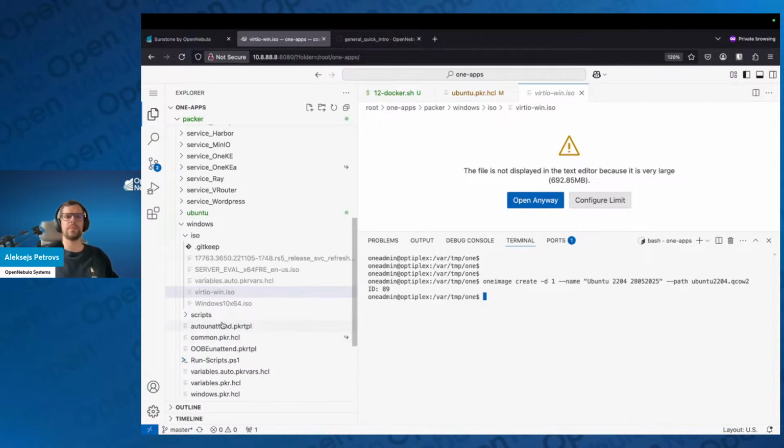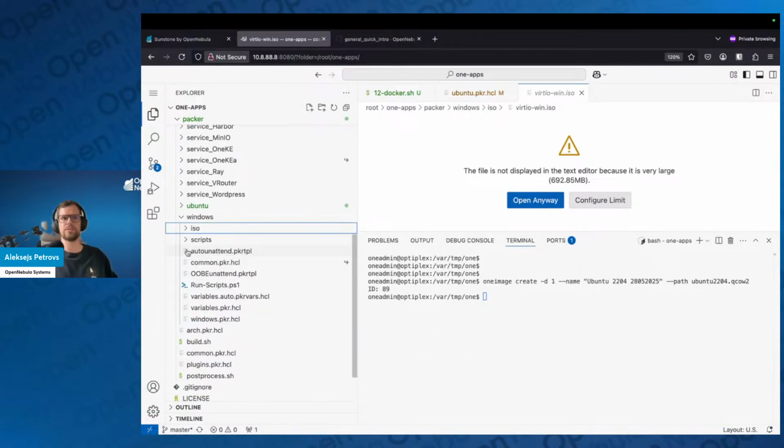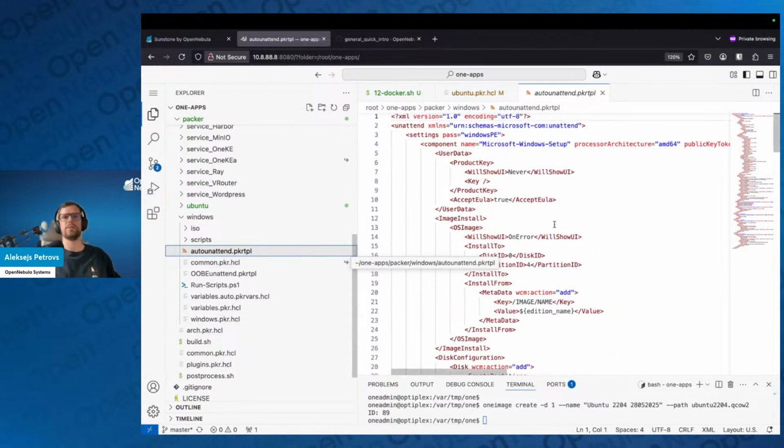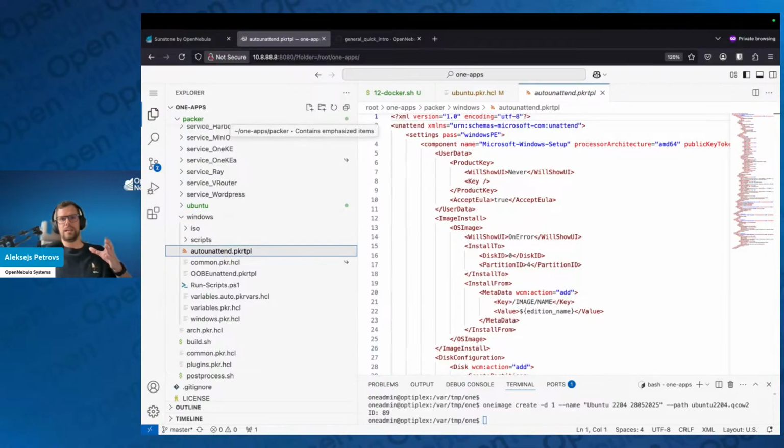And then there is a small trick that I would like to tell you about, and you can find it under the auto unattend, right? So that is the Windows thing to automatically configure the Windows machine. And the thing is that under the product key, you have this directive, right? So you have this thing called key. Now, if you leave it like that,